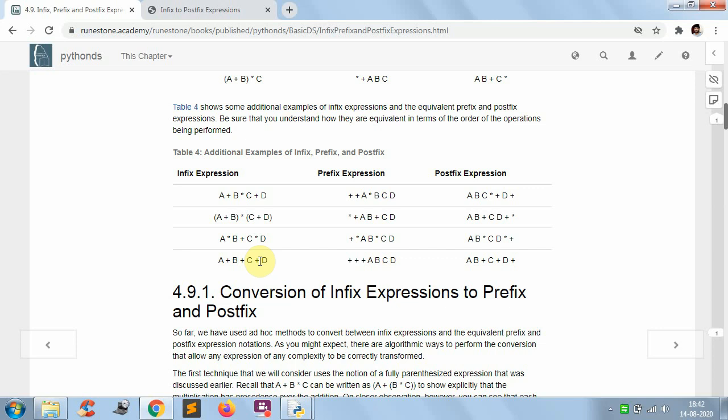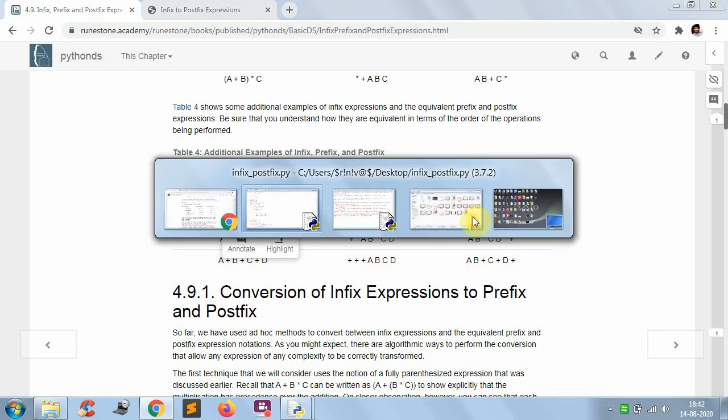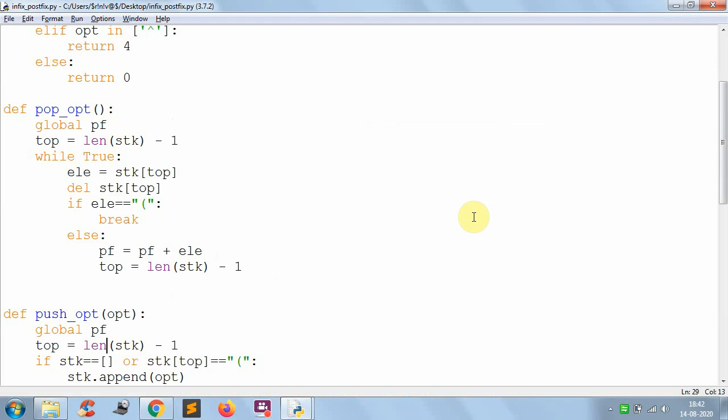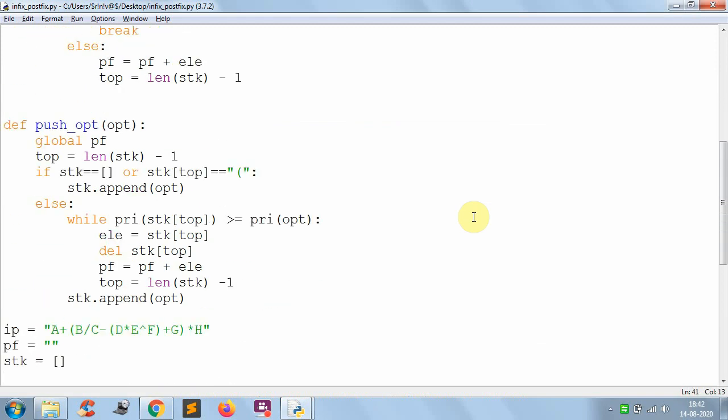Yeah, already here they have given some infix expressions. So this is the infix expression I am taking. I should get the equivalent postfix as this one. Let us see. So here is the input. Here I am pasting that one. So in between don't keep the gaps.